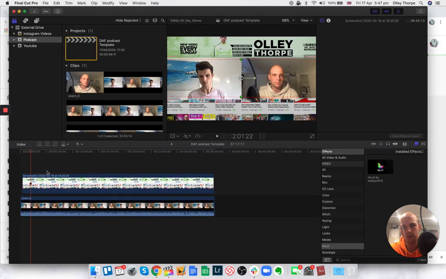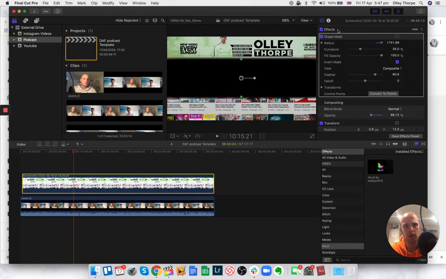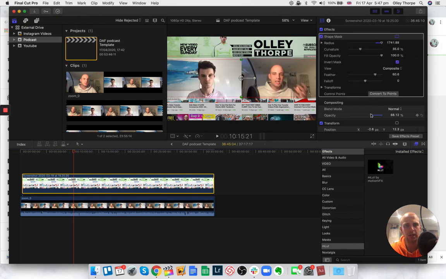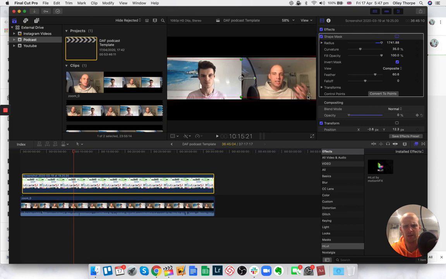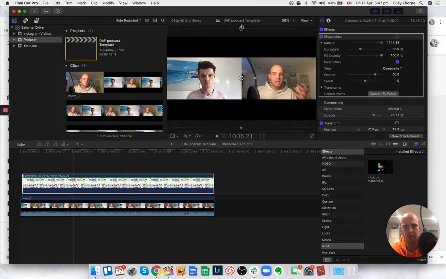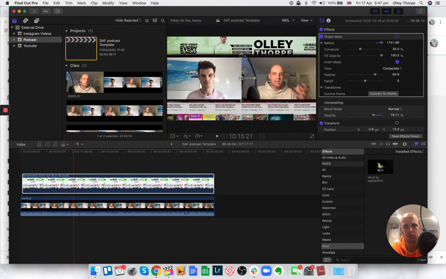And all I've done was I added a mask to it. So you can see if I take the mask off, it's just a simple shape mask, and then you can just turn the opacity down. If that's all the way up, you can leave it all the way up if you want, but you can see I'm just literally shaping it down. And you can see the shape mask is here. I've just done a shape mask, and I've just dragged it